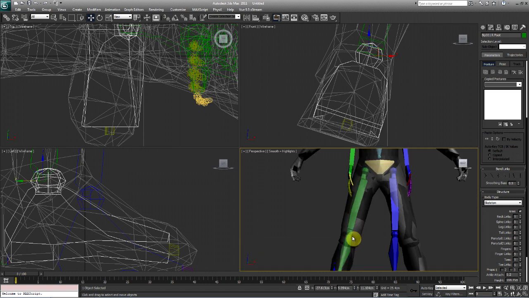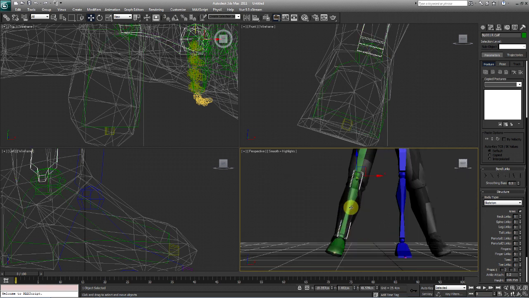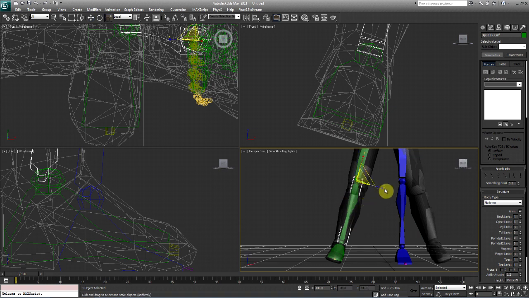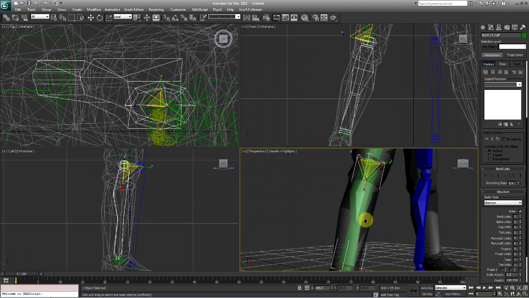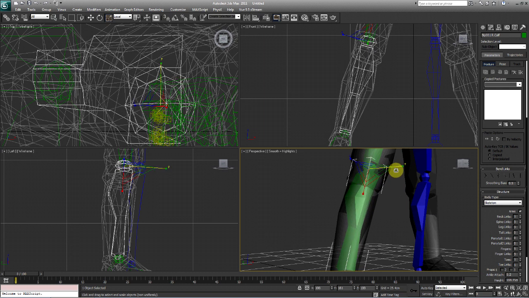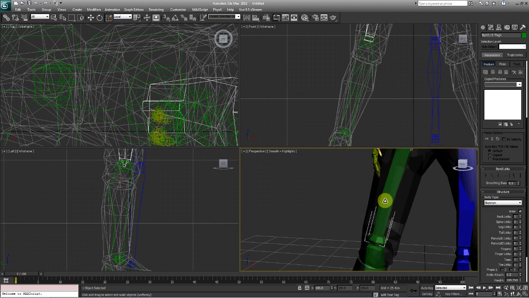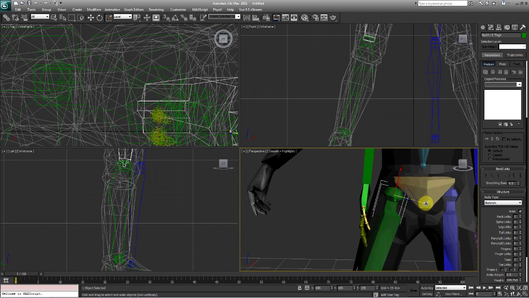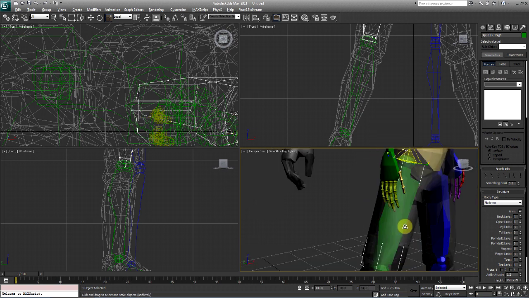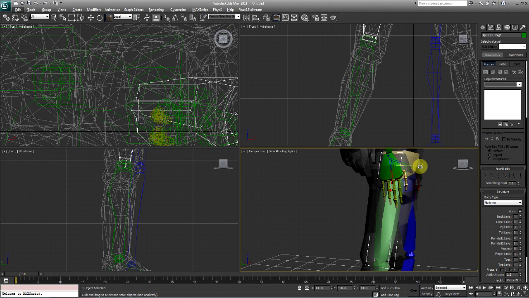Now, we're going to work on his calf. Let's go ahead and scale it the same way we did on Z. Remember, I am on local coordinates. The reference coordinates are on local, just a friendly reminder. Okay, let's go ahead and work on the thigh. Same thing. We're going to widen it, give it the length on the y-axis there. There we go.